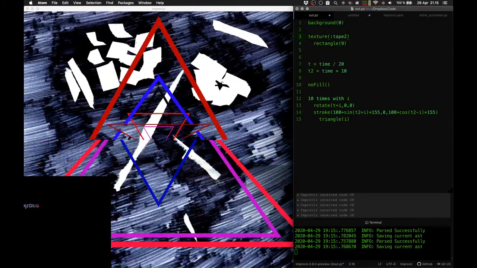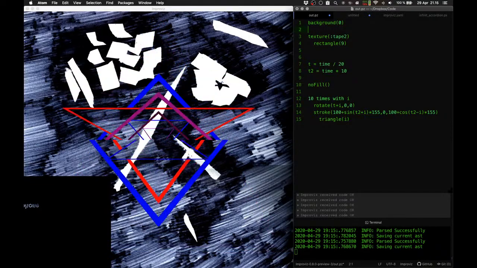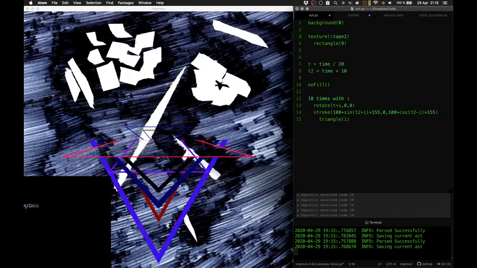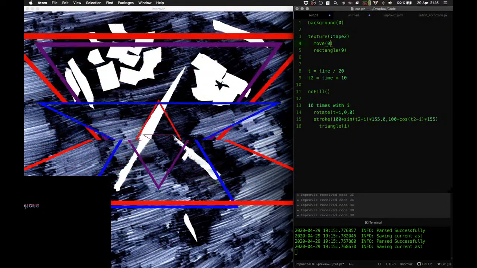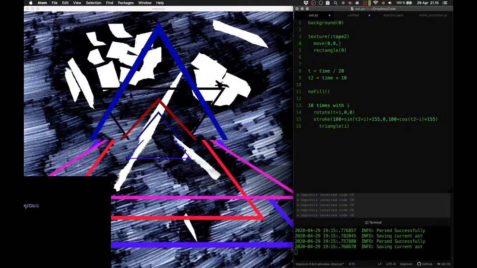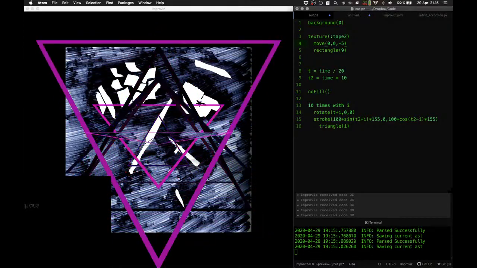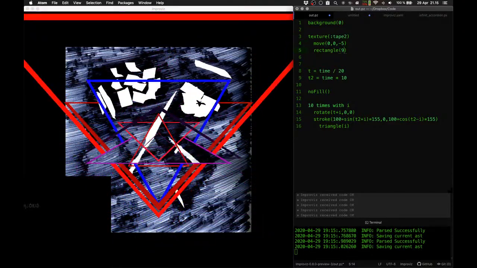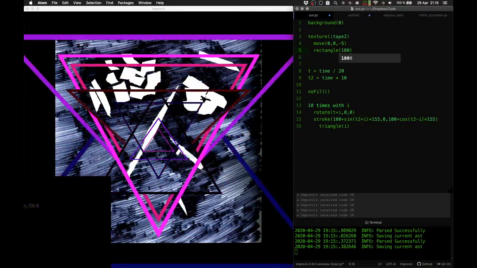And maybe you want to move it a bit back, because right now you see it's intersecting with the other things. So we would maybe remove, and that's the Z axis, so 0, comma 0, comma -5. Let's try that. Okay, now we're kind of free of the other things, but now it's too small. So now we need to make it bigger again. So it's a lot of fiddling around